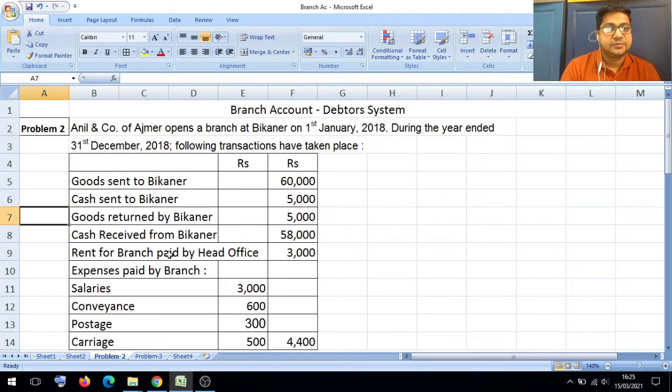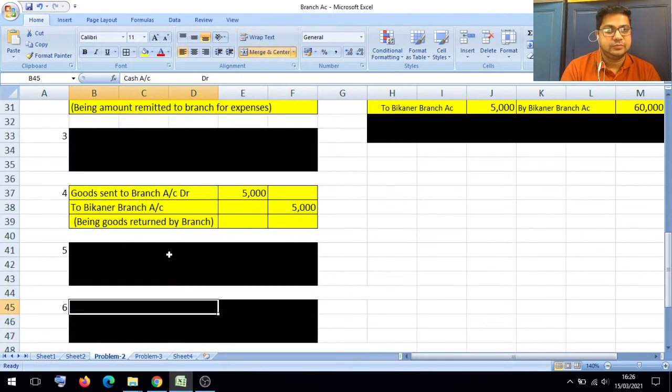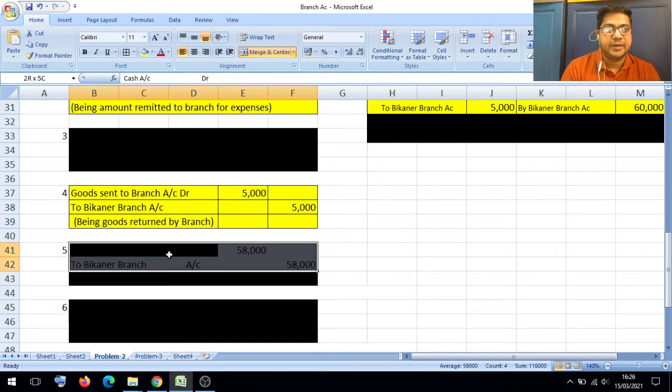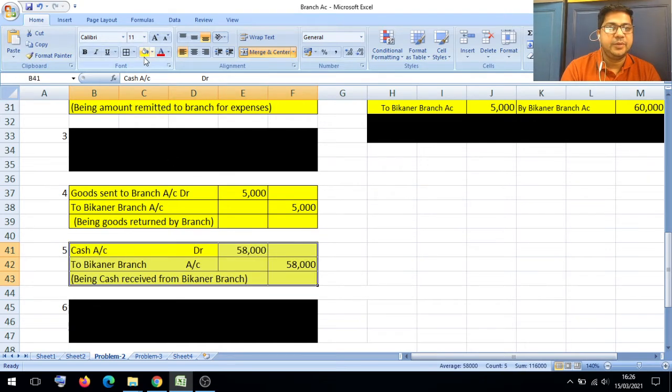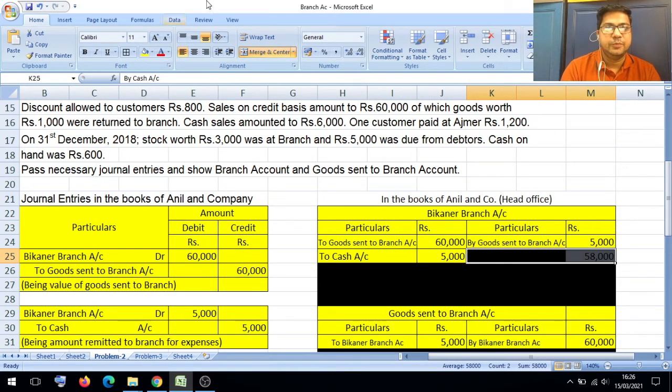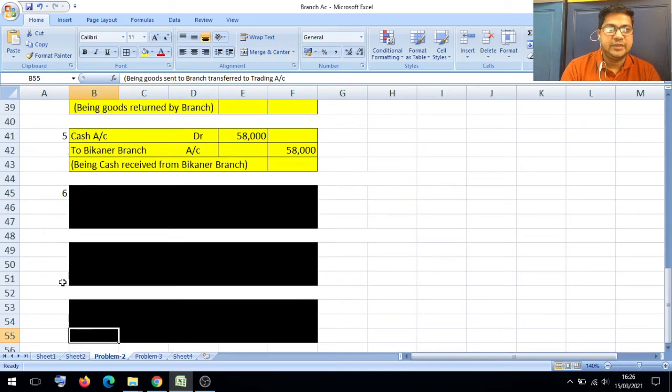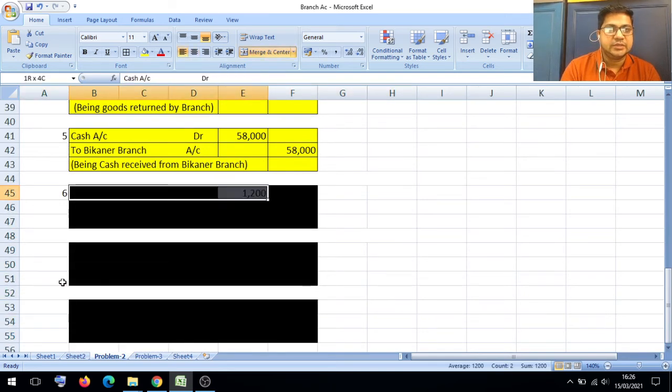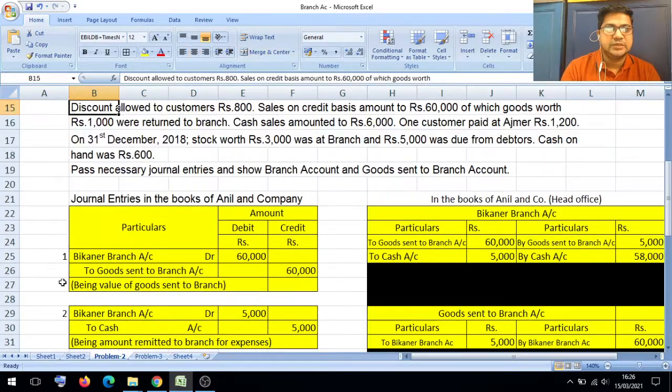Then after that, cash received from Bikaner, 58,000. The entry will be cash account debit to Bikaner branch account. This entry we will post to Bikaner branch account, credit side by cash, 58,000. Now after recording this, next we have to consider